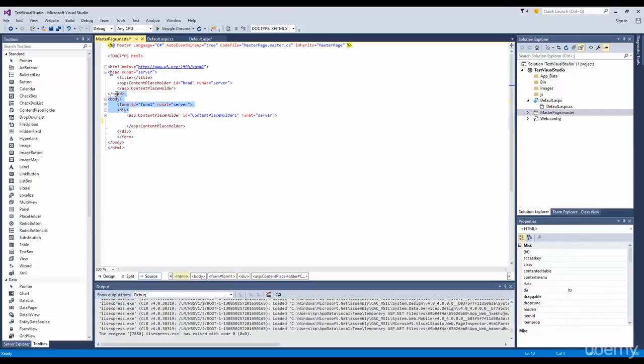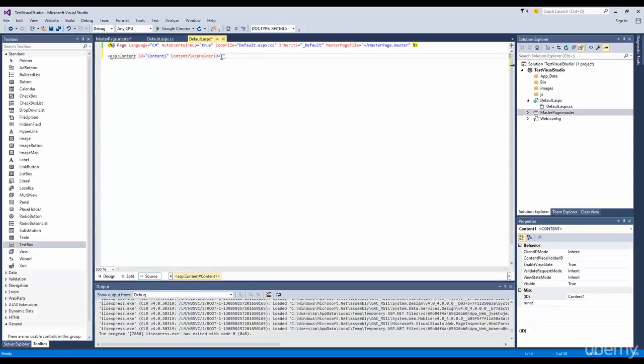So you can design your master page in such a way that you have something on top, something on bottom, something like a footer, something like a left sidebar, and all of those kinds of things. And the other web page, which is in our case default.aspx, all the contents on this page will be displayed inside this content placeholder. So this gives an option. If you go here and hit equal, it gives you the option. You can just press enter